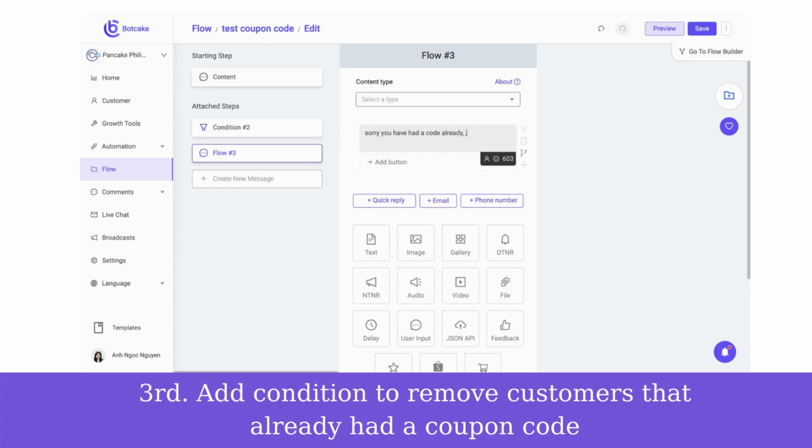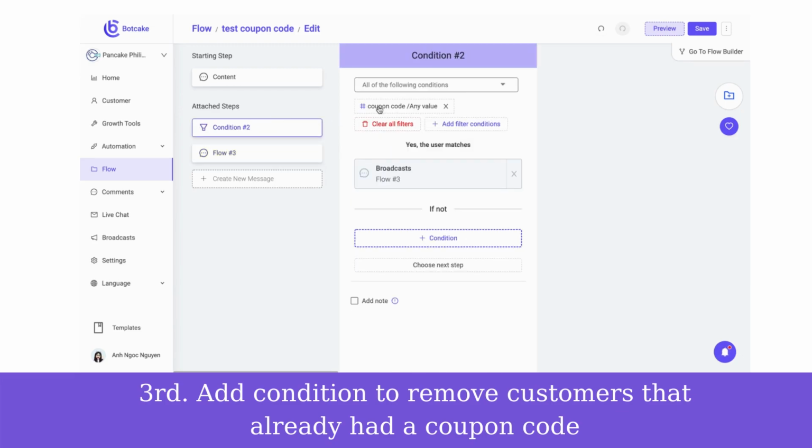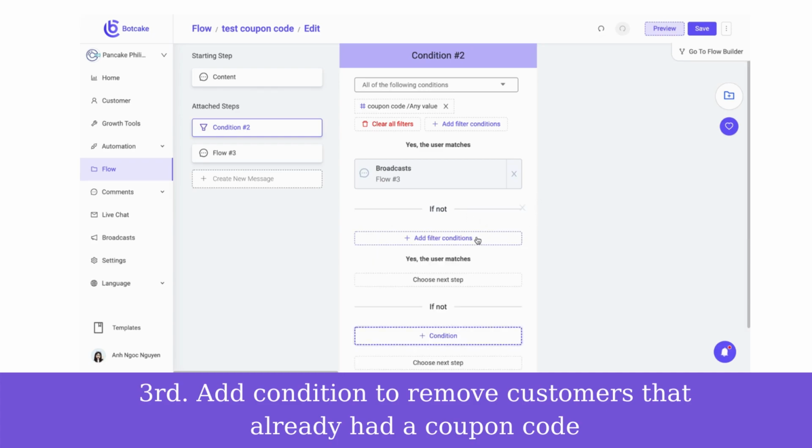Sorry, you have had a code already. Let's see you in the next program, or let's see you in the next promotional days, for example. Okay. So now we come back to the condition. What if your customer does not have any coupon code at all? He will be able to get another code, right? So now, in this step, click to